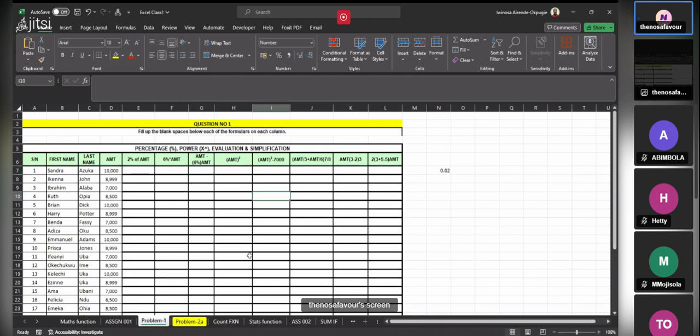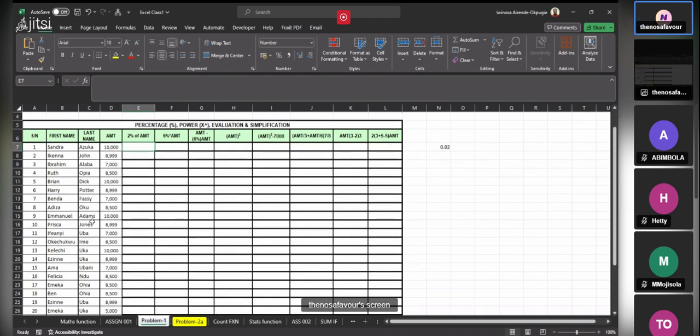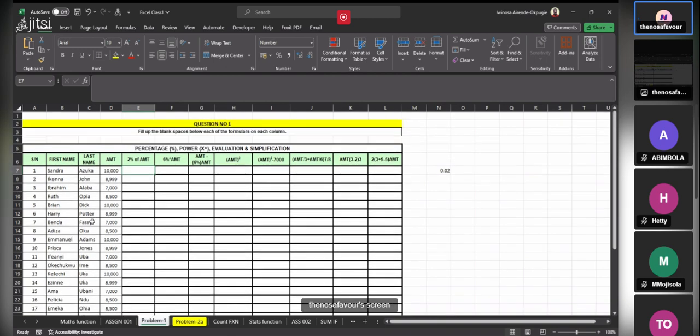All right. So now we've been given a document, and we're told to fill in these different tables, and we've been given what to fill them with. Here, the first column says 2% of the amount, all right? So for us to do this, it would be